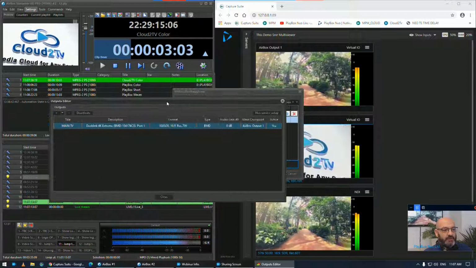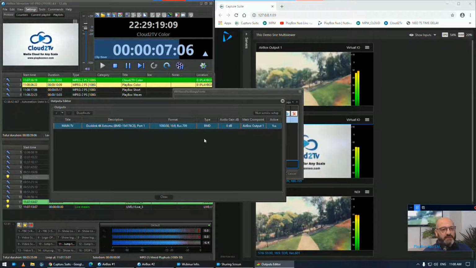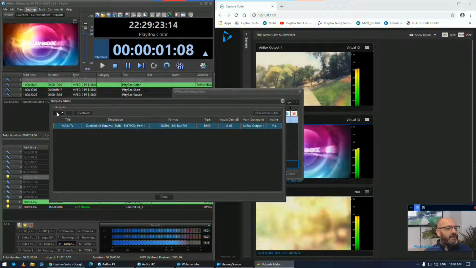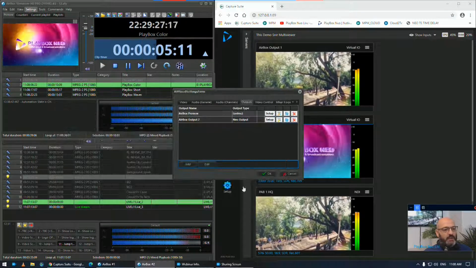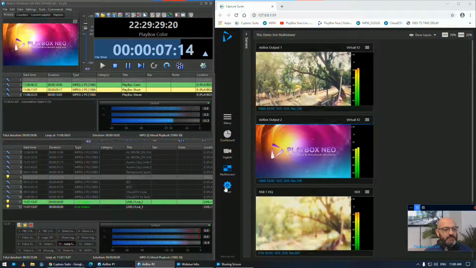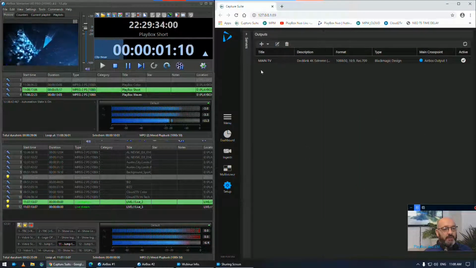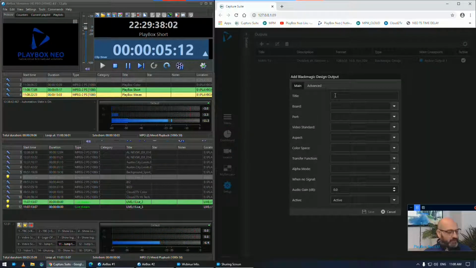You see all the inputs and outputs defined because right now this infrastructure gives you the system-wide application, and you can see this is assigned to the first instance. And I can do it either from this interface, or again, I can go and do it straight from my web interface. So I will define another output, which is a Blackmagic Design,